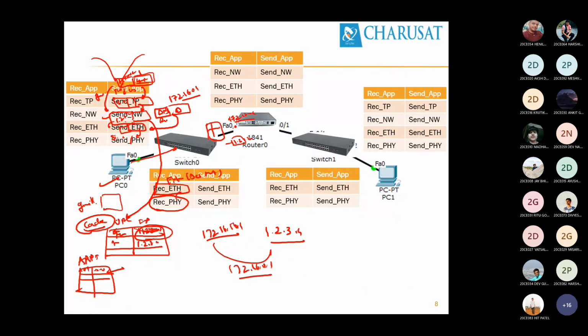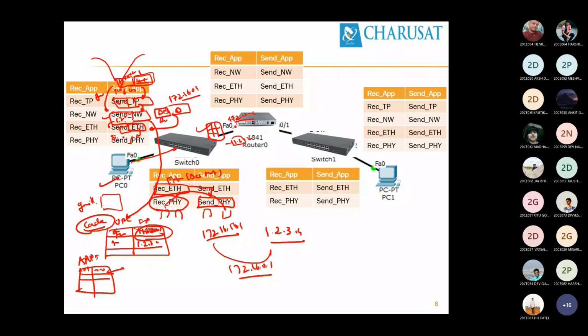It will check the switching table. It will search in the switching table. Give me the port number of this MAC address, which is of 172.16.0.1. Is any MAC address there? Yes. Then the entry is available. It gets the entry and easily forwards the same frame to the out queue of the same physical layer. There are two queues associated with each of these layers, in queue and out queue. In queue data will be forwarded to out queue once the decision is made.